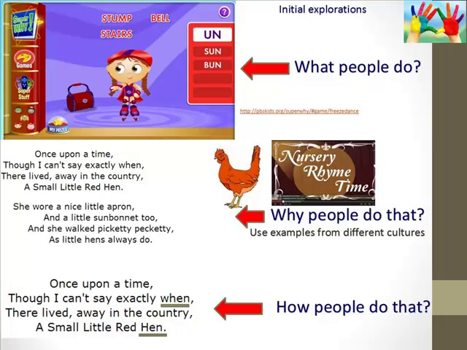working with what, why, and how in a concept introducing way, almost straight away, before we go into the detail, because children need to have a picture. And sometimes you may actually lose them. They will feel that once upon a time, exactly when in the country, little red hen, so when and hen, if you read it well and so on, they will get the idea of the rhyme. But I want them a little bit to start focusing on those regularities in text, right? So